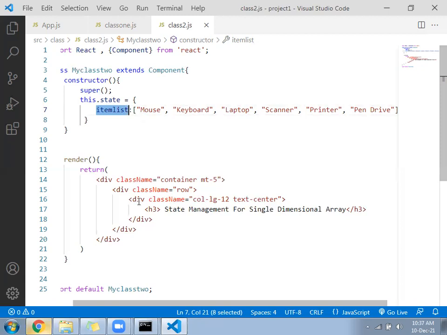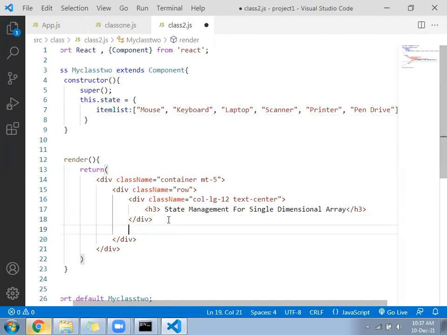Come inside the HTML part, create two blocks, 6 and 6. First division, className equal to col-lg-6. Second division, again col-lg-6.